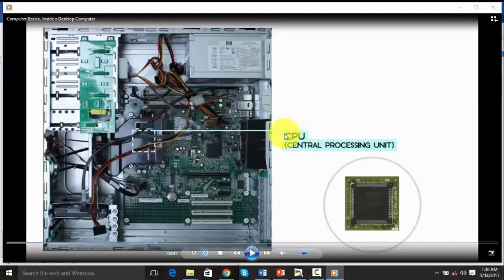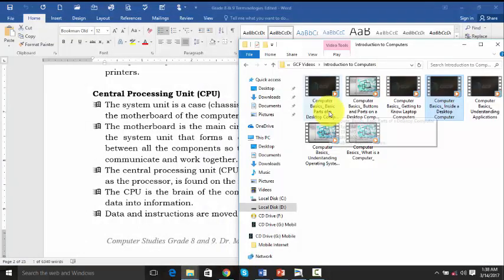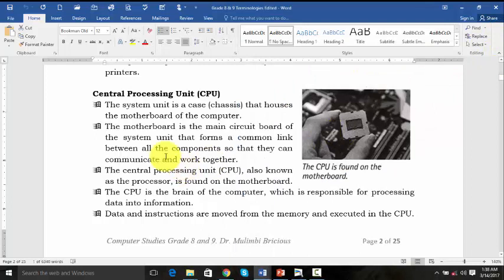So this is what we call the central processing unit, which is found inside the computer there. What is the other part which we are able to see here? This is what we call the system box, which houses various components or the internal parts of the computer we have discussed earlier in this tutorial. So the CPU or the central processing unit is just a small component which is found inside the system box. So now we look at our work here.